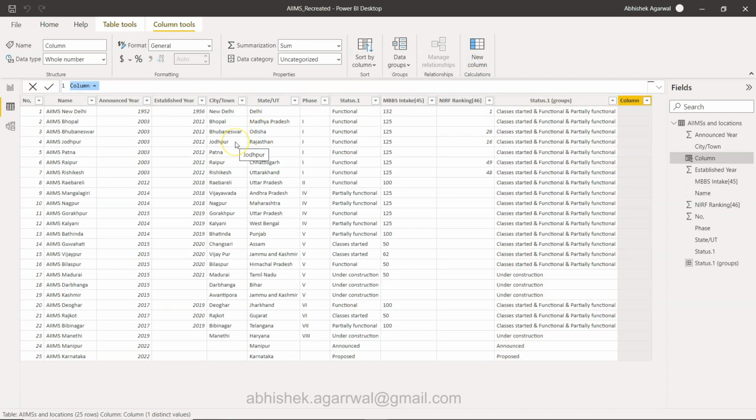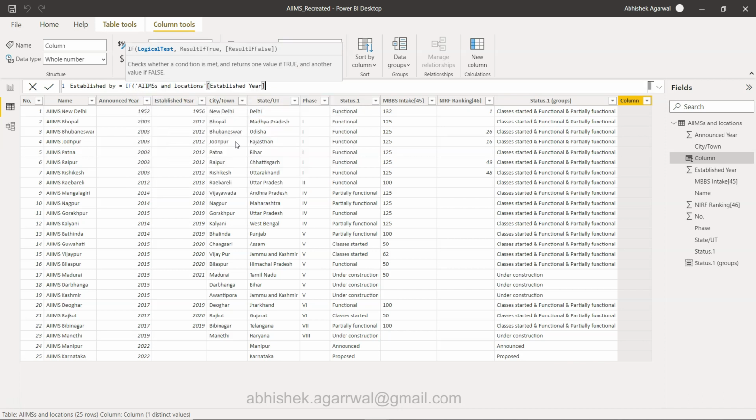In this new column we will call it established by, and we use the if condition. If established year is equal to 1956, then we call it